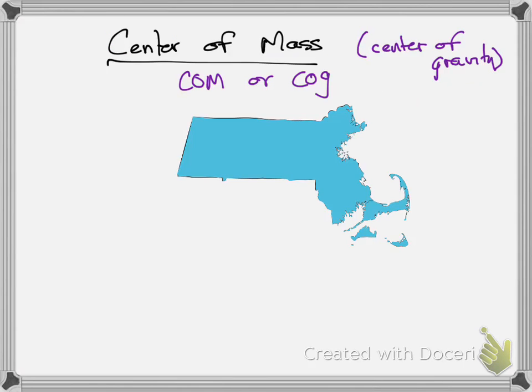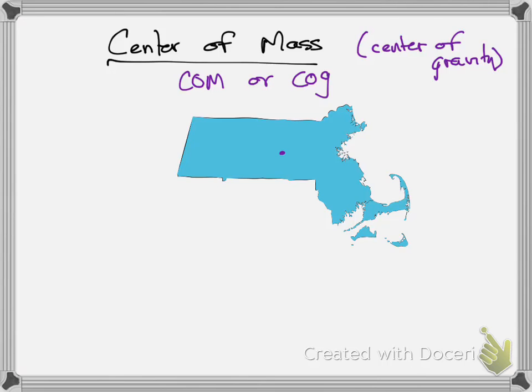If you take an object, it doesn't matter what it is, and you balance it, let's say we take this object, which is actually the state of Massachusetts, in case you didn't get that. And we want to find the center of mass. If we were to cut it out of a piece of cardboard, it might balance somewhere like there, with to some extent the same amount of material on any side of that point. So we need to figure out mathematically where the center of mass of something is.